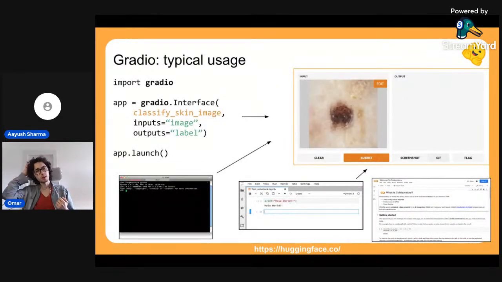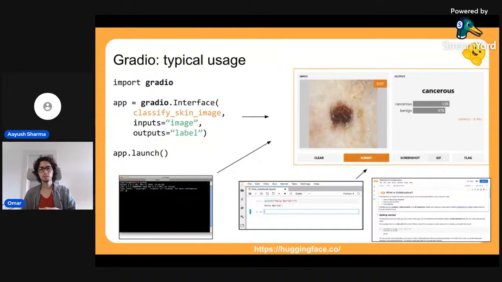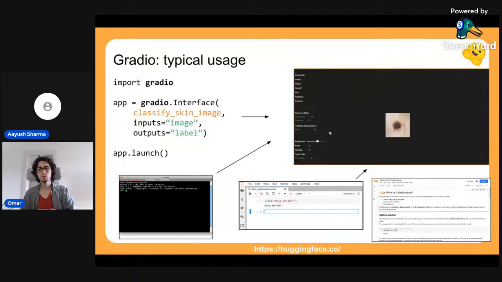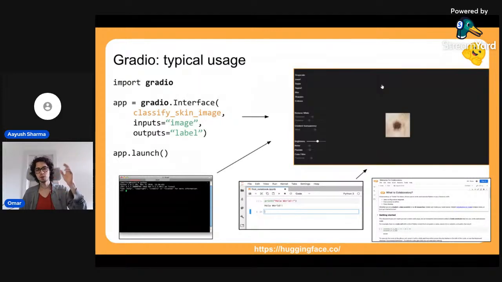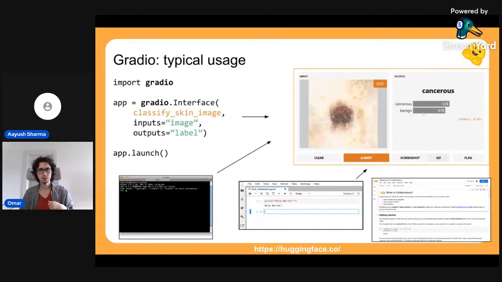So today I'm going to talk a bit about Gradio. Gradio is a very cool open source library that allows people to create nice interactive interfaces for their ML models. And here at the left, you see 5 lines of code, but this is pretty much everything that matters. First line of code, we are doing an import. So import is simply importing that library called Gradio. Then we create a Gradio interface.